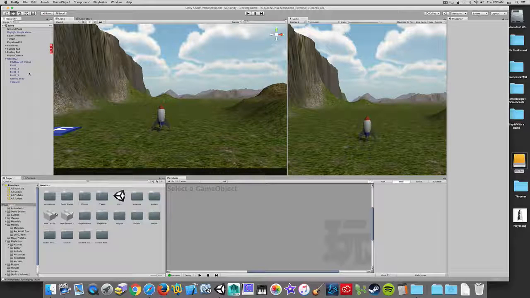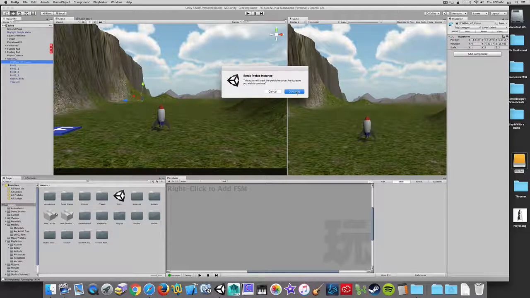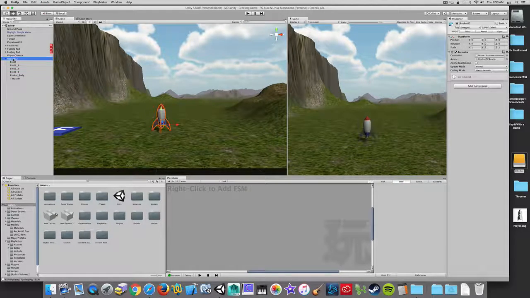When you export the FBX from Cinema 4D and bring it into Unity, you end up with this Cinema 4D editor. This is just a null object, an empty game object. We can get rid of that. So I'm going to get rid of that object, and so I have the parent object, and this is really just